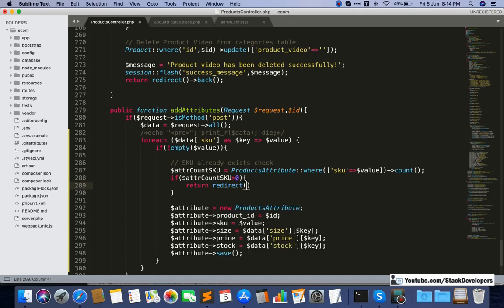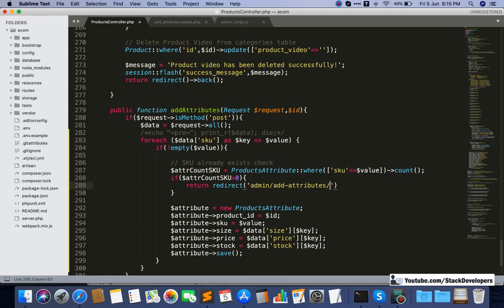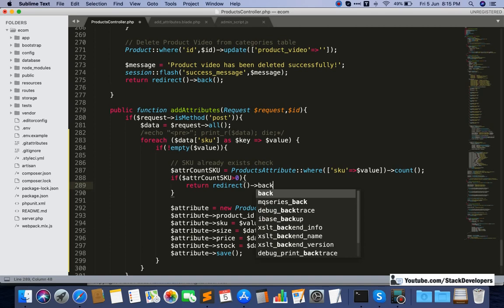redirect to the admin attributes URL, or we can simply do return redirect back. Okay, no need to do it like this, just redirect back.